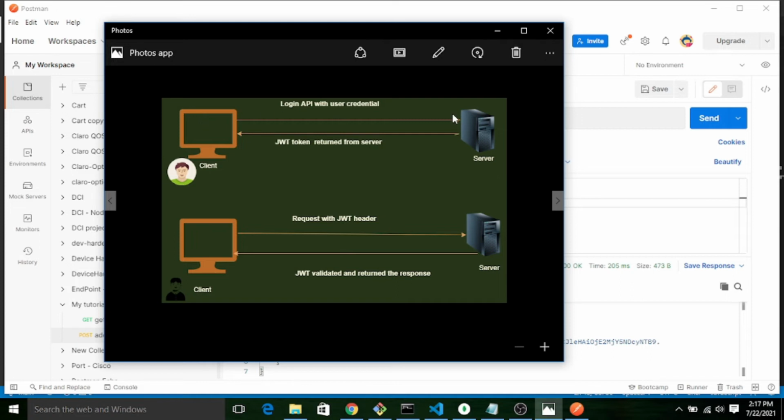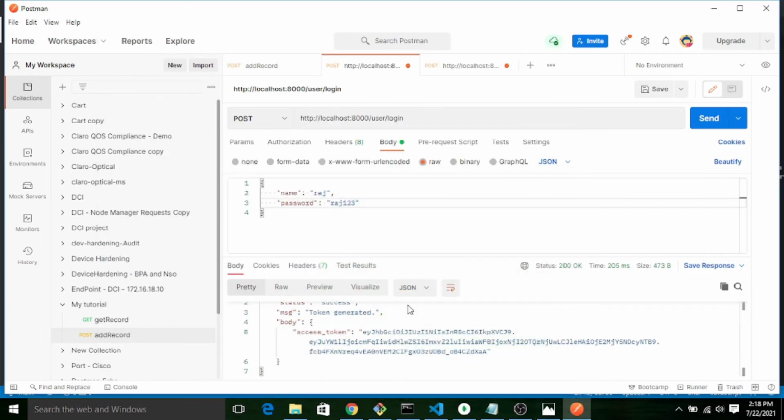So this part is already finished. I made one login request and I fetched the JWT token. After that, my next step is, whatever request I am going to trigger after login, I will first validate that JWT token. I will add that JWT token with the header. First the server will validate, then only it will go for the next process. So let me implement this section with our Node.js code. So how can we prepare our request? We have to just copy this token. Now let me copy it and paste it on my notepad.